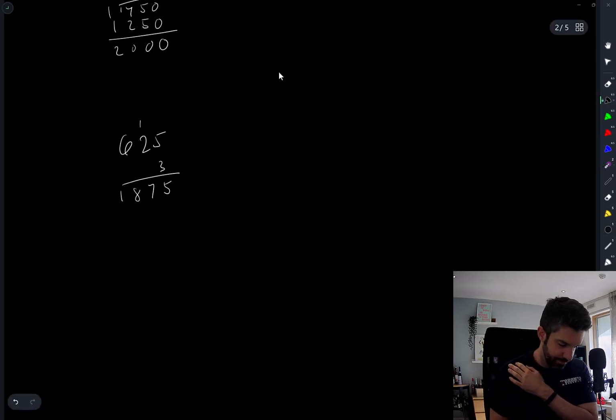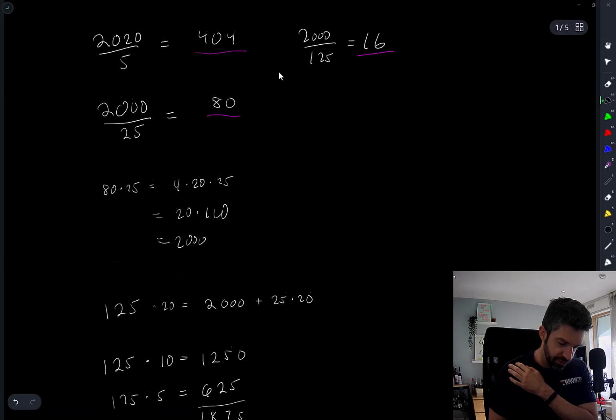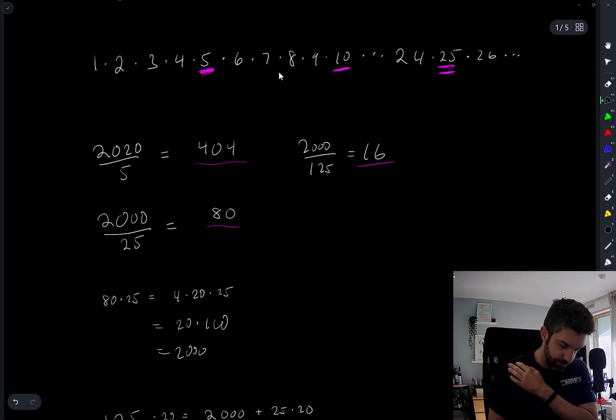So there are 3 multiples of 625. I'll just put a 3 here, divided by 625. I guess we could even say 2021 is equal to 3 plus some remainder over 625,